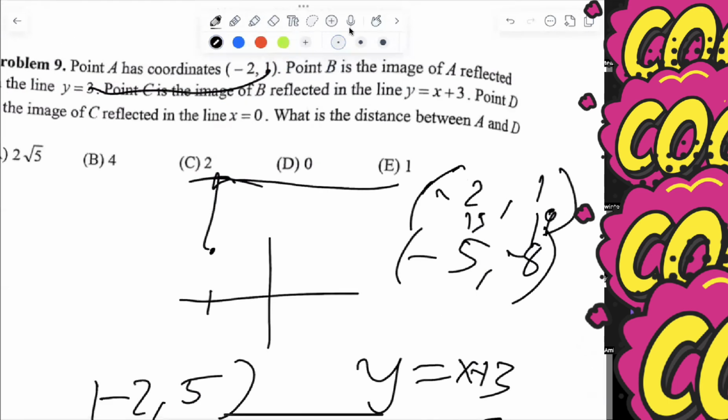But this doesn't seem to be a correct answer. Let's redo. It's okay to make mistakes. We can learn from it. So we know that by 1